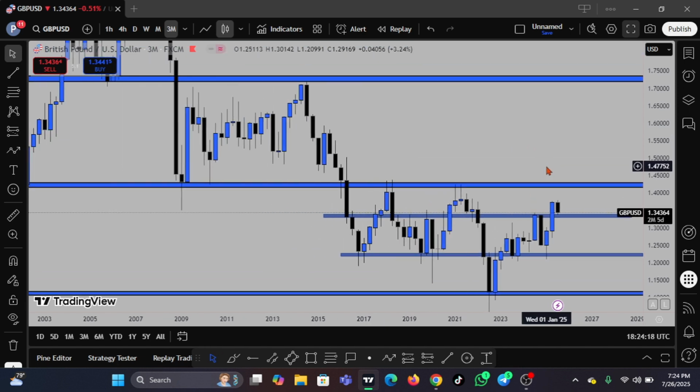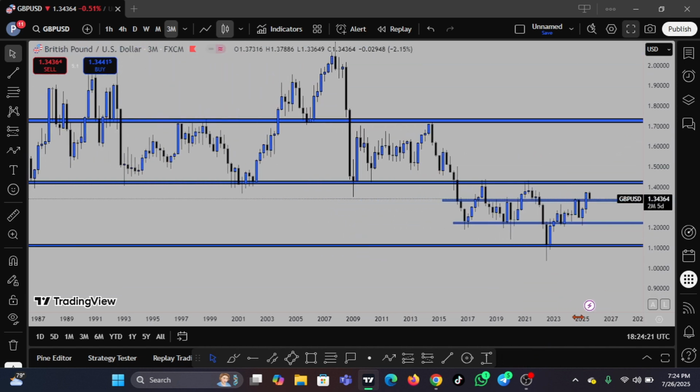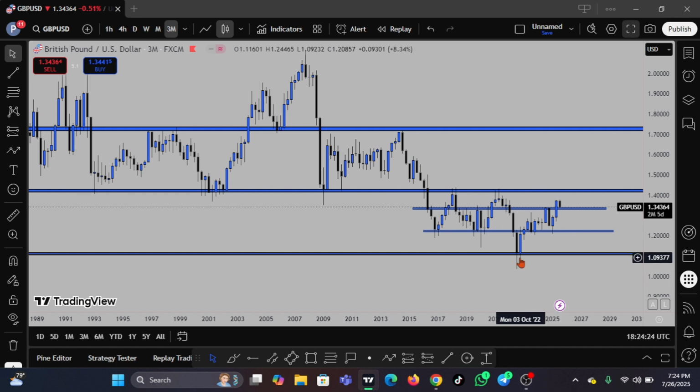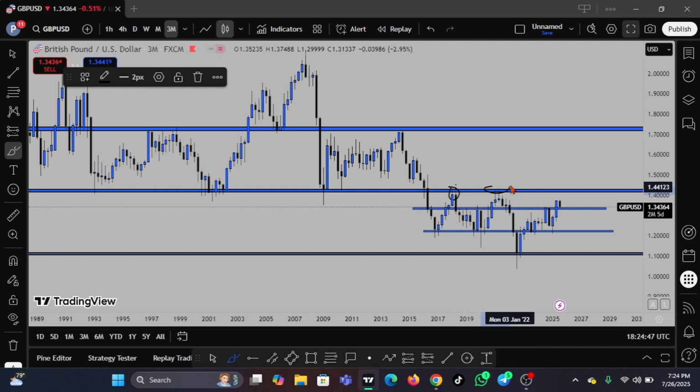So on the monthly chart, we can see the overall trend. That is the first thing we want to look at. The overall trend on this chart is bearish. Gbpusd is bearish. This pull that we are seeing is more like a pullback. We are expecting for price to come back here to pull down. However, price may as well turn from this point and start selling, because if we look on this chart, this is a double top that was created. Price cleared the neckline. Of course, we did not have the retest on the neckline for price to keep dropping lower. Now we see price pushing heavily backward.